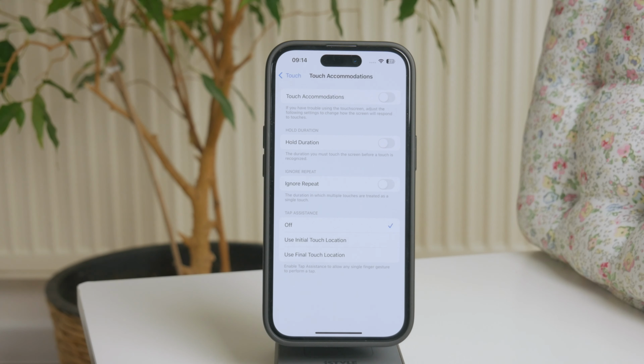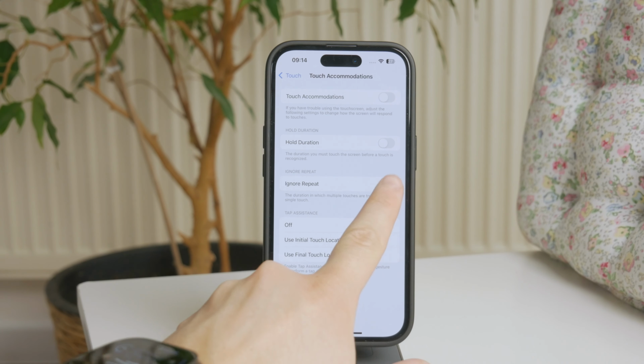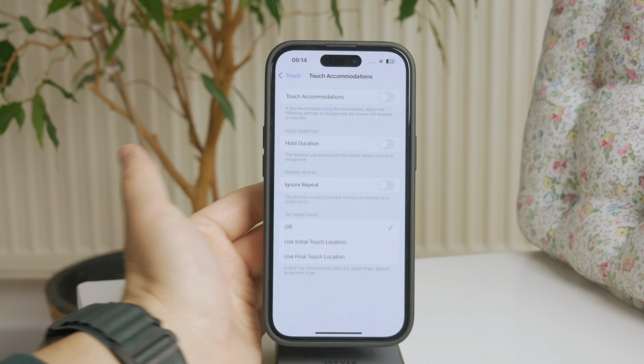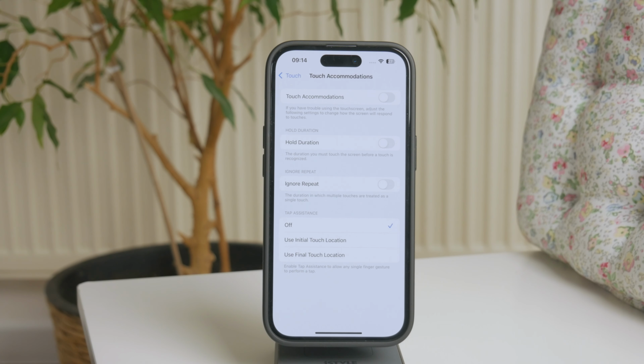Another thing is Ignore Repeat, which is an accessibility feature, which means that this is the duration set in which multiple touches are treated as a single touch. So if you have that turned on, perhaps you want to bump up the seconds or turn it off entirely. Up to you, right? So that's how it works, and these are the settings for the touch sensitivity on the